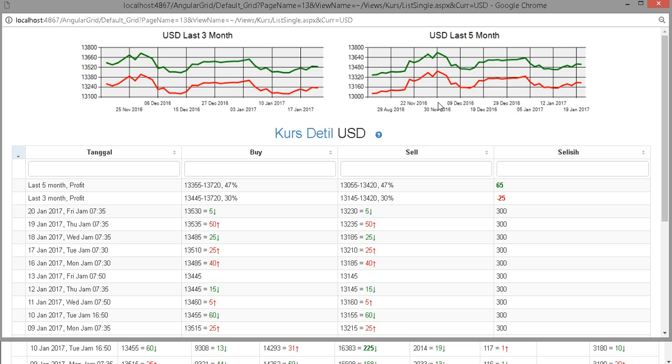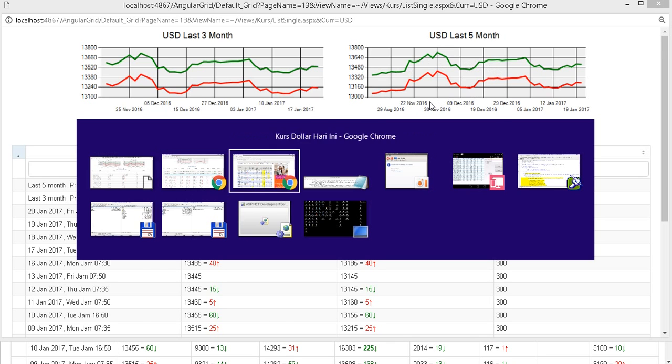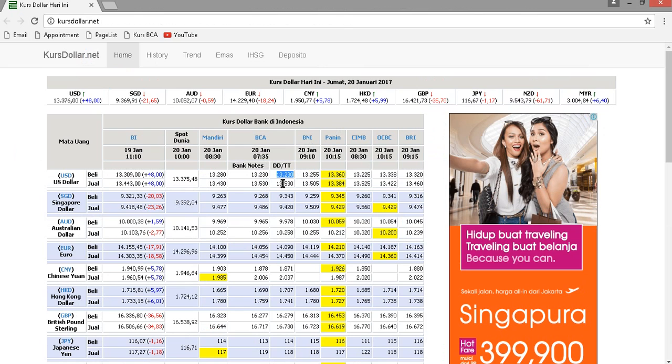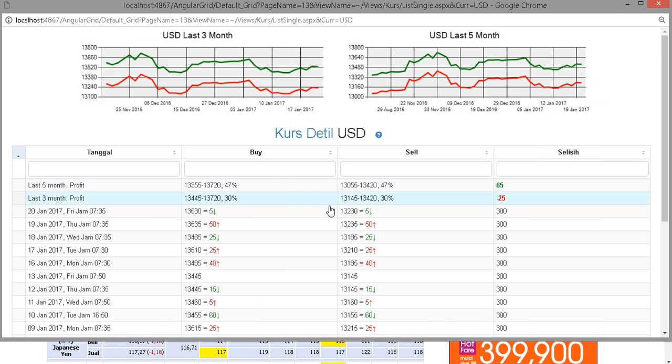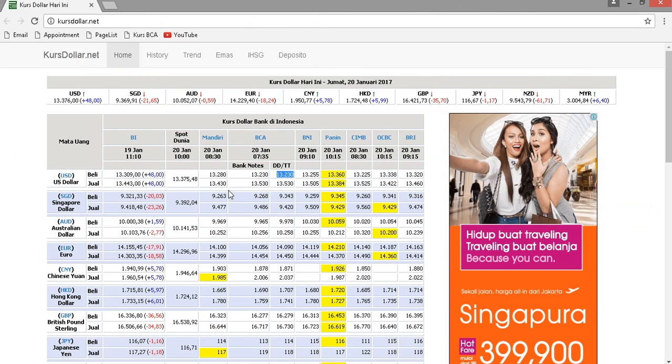You can see here, and you can compare the price. Selling is 13,230, and buying is 13,530.